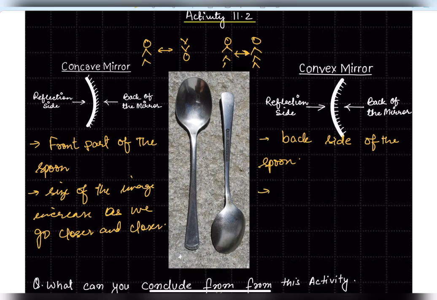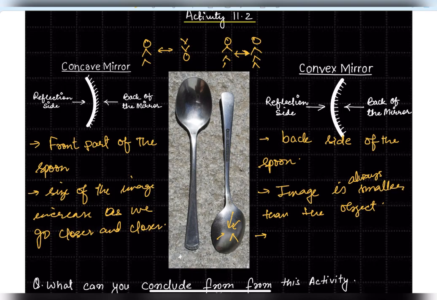Now what will happen in the convex mirror? It's the back side of the spoon. If you look into the back side of the spoon, you'll find that the image is smaller. The image is always smaller than the object. And it will not be like this; it will be small, but it will be coming out like this. It will always be erect. Are you getting my point? It will be erect and